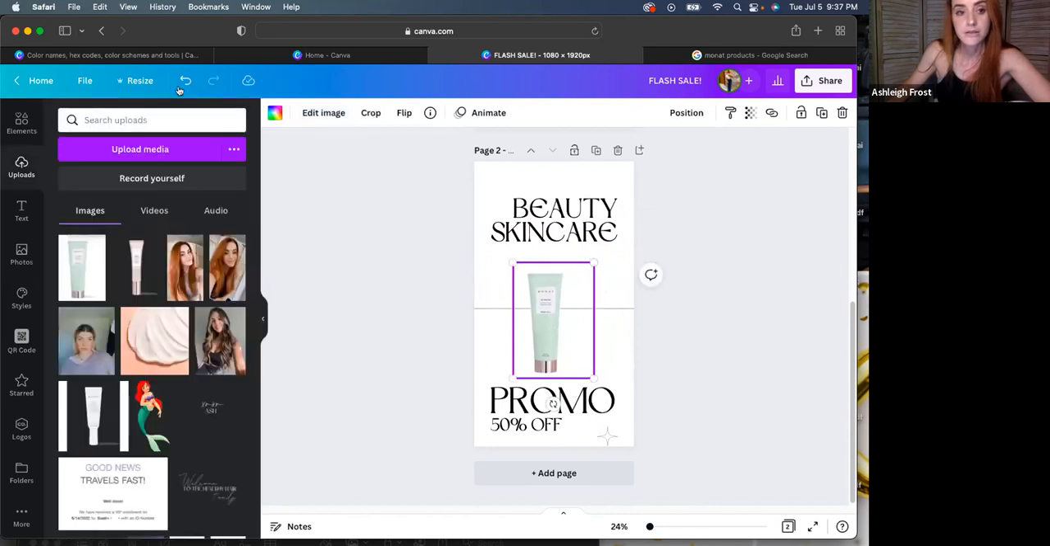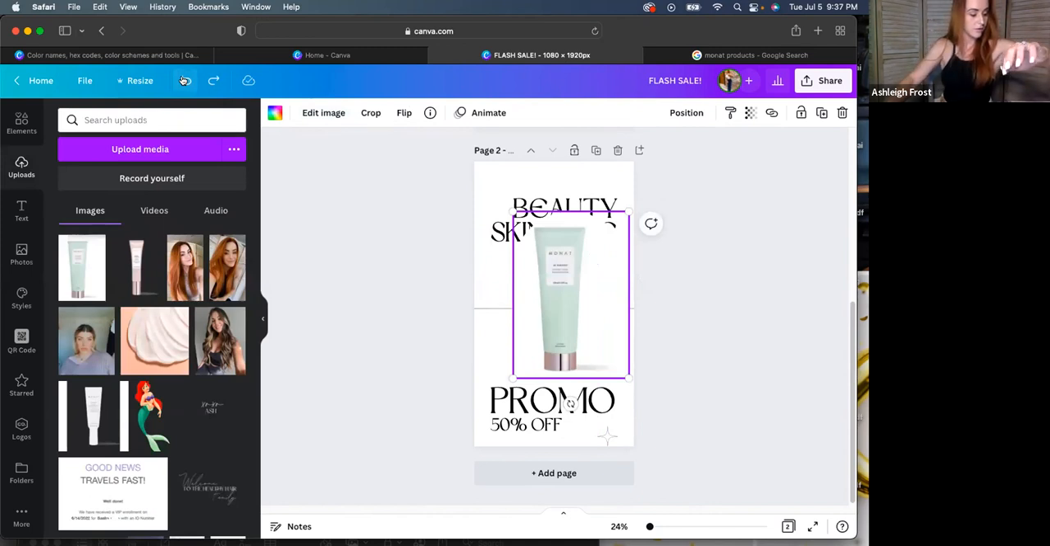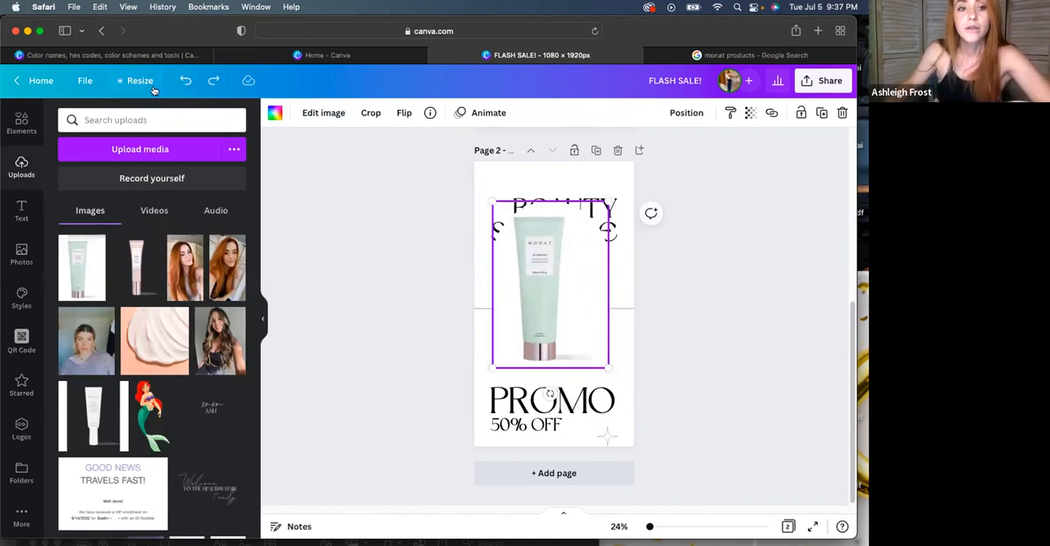So there's a bunch of things that you can do with all of that. Don't let the templates overwhelm you because there's so many. If you wanted to, you can always go,